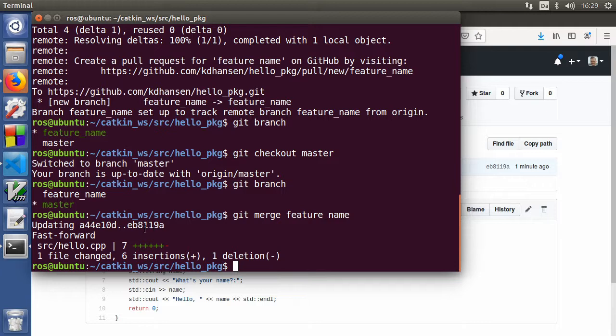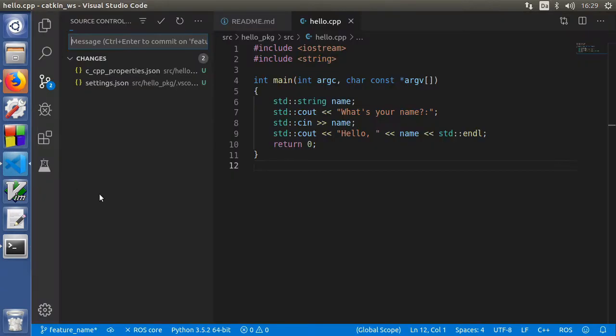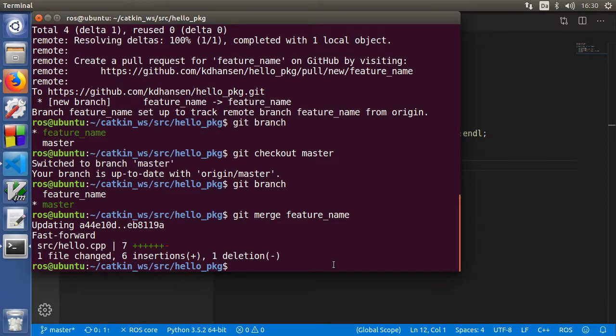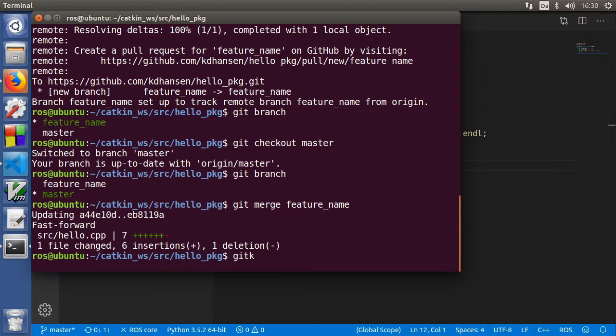There we are. And as you can see, we changed 6. We added 6 lines to the hello.cpp and we deleted 1. And now if we have a look here, we see we're on the master branch and we have the changes in the master branch now. And we can also visualize this in our gitk